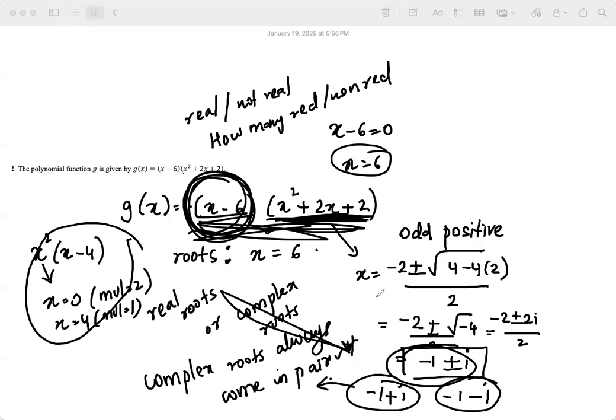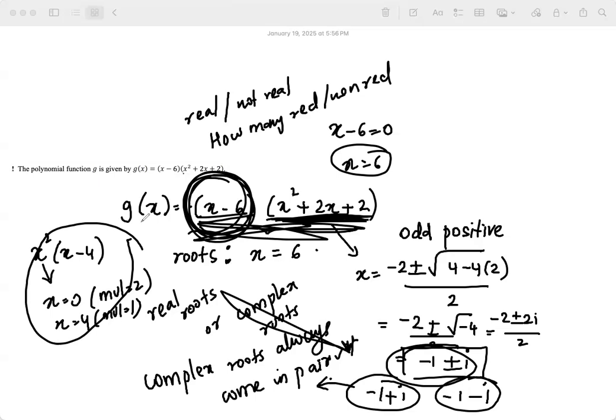How do you detect complex roots? If they've given a polynomial like this in factored form, it's pretty easy. Meaning, if you have a complex root, there are two roots. One is the positive, one is the negative. So, you know what we call them? What are these two called? I think I have gone over this sometime back in this class. So let's say minus 1 plus i and minus 1 minus i.